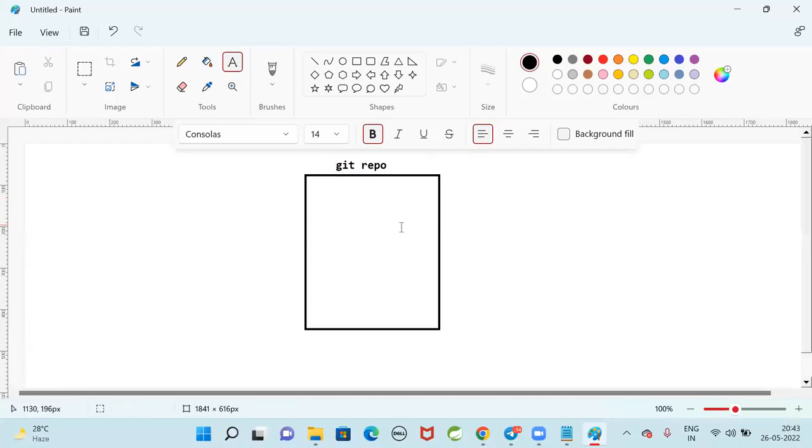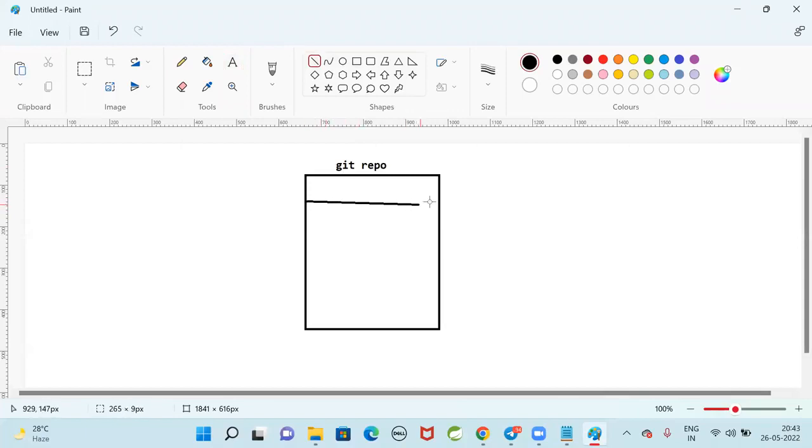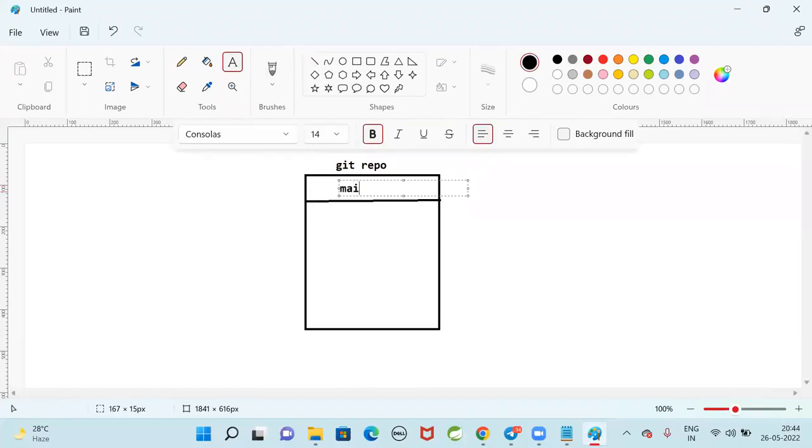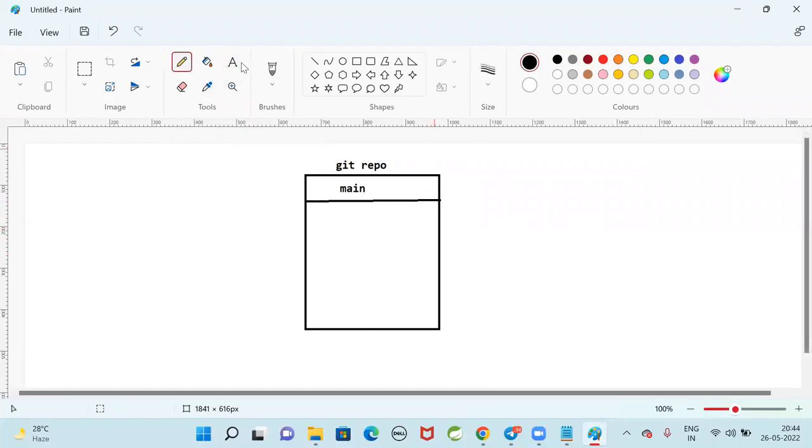This is called our Git repo. In the Git repo, by default, one branch will be created, guys. When you create the repository, some people will name it the main branch, some people will name it the master branch. So I'm going to keep this as the main branch. All right. And next, we are going to create one more branch for